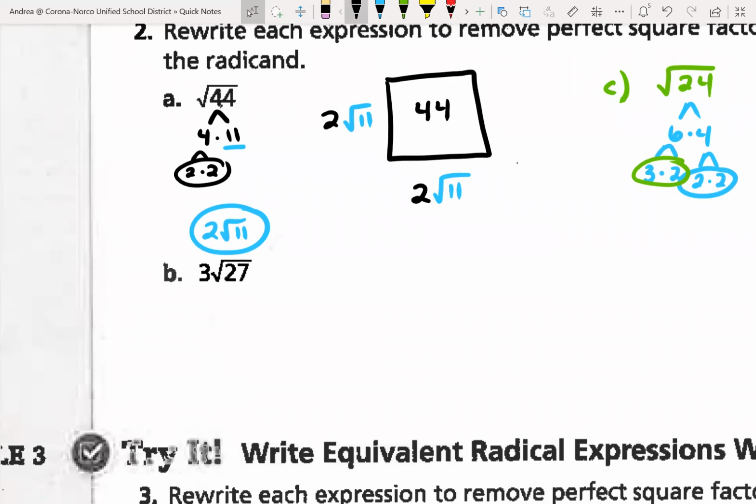Okay, on this, we're going to take this 3 and leave it over to the side for now. The 3 is outside the radical. We're not using it right now. We want to simplify the square root of 27. Yep. 9 times 3. And what multiplies to 9, class? 3 times 3. Okay, I have a pair of 3s. They get to be outside the radical. I have a 3 that stays inside the radical because it does not have a pair to move